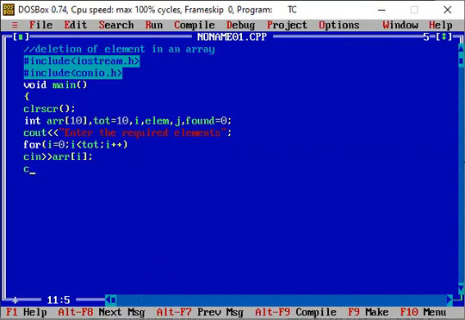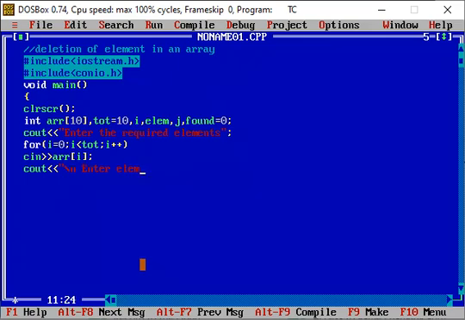Now here again I will ask for the particular element that I need to delete from the array list. So I am writing: enter element to be deleted.